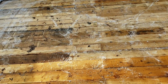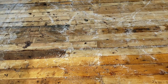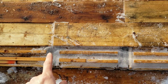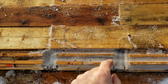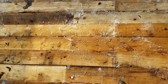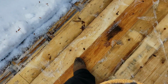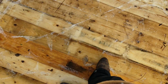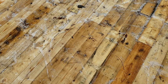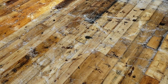And I'm planning on using different lengths. Now I have to identify those and centered on joists. But these, as a subfloor, it's just set down. Now, obviously, this is plenty strong. I could have that as the floor and it would not be any issues. However, I want it super solid, and I don't want it something that gets penetrated easily by anything coming in from underneath. So I am going to